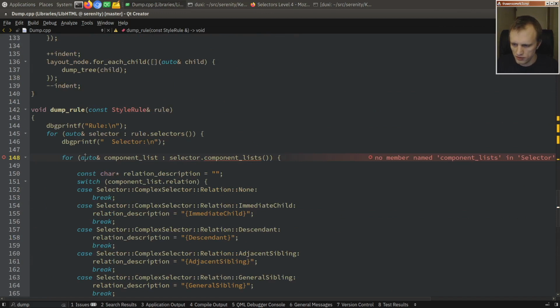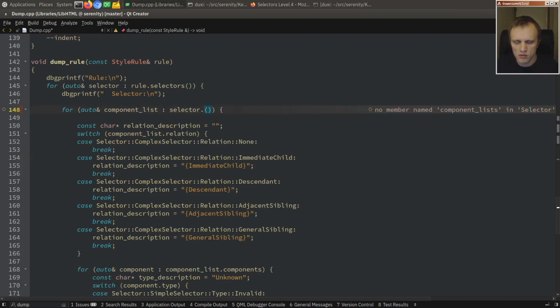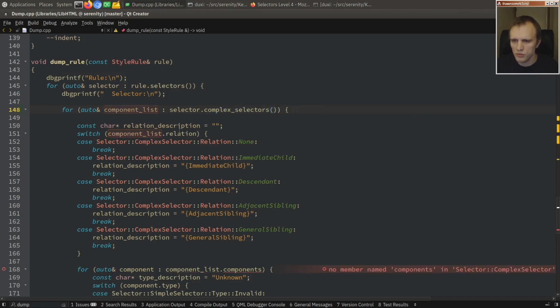Whenever you change the name of a symbol globally and there's auto somewhere in the mix, some of these things don't get updated. I'm not exactly sure why, and I never tried to pin it down, but you can go and work this out. So this is instead going to be complex selectors,